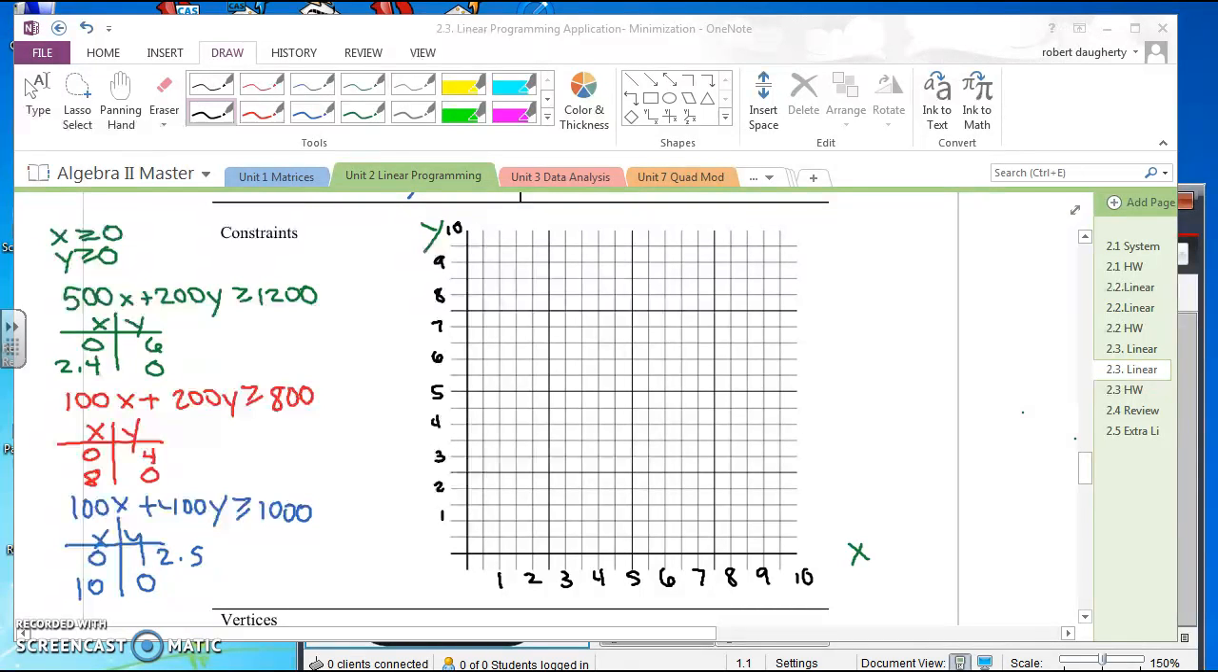So to graph 0, 6, with green, 0, 6 is right here. 10, 0 is going to be here. So I need to connect those lines. Okay, and then if I go to the red line, I've got 0, 4, which is right here, and 8, 0 over here. So to connect those, 0, 4 connected with 8, 0. Okay. And the last one, 0, 2.5. So that is right here, and 10, 0 way over here. So to connect those,